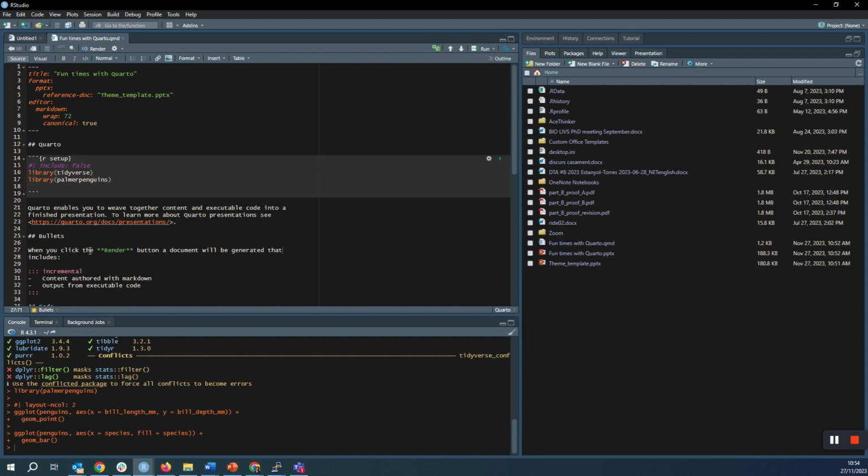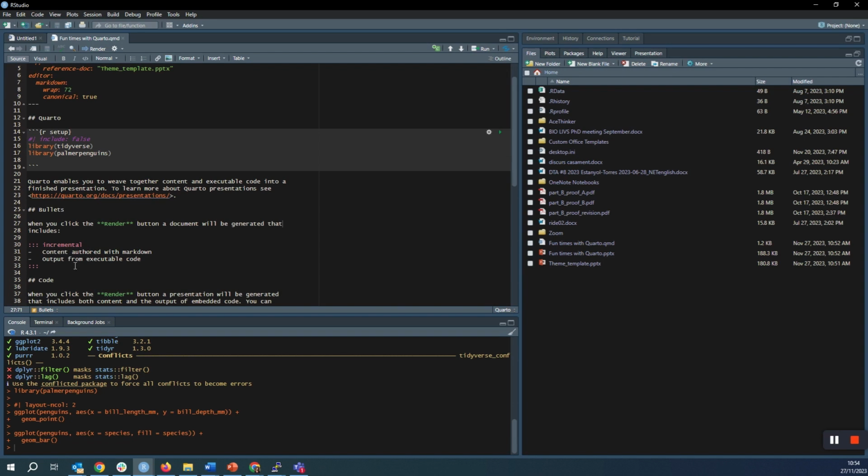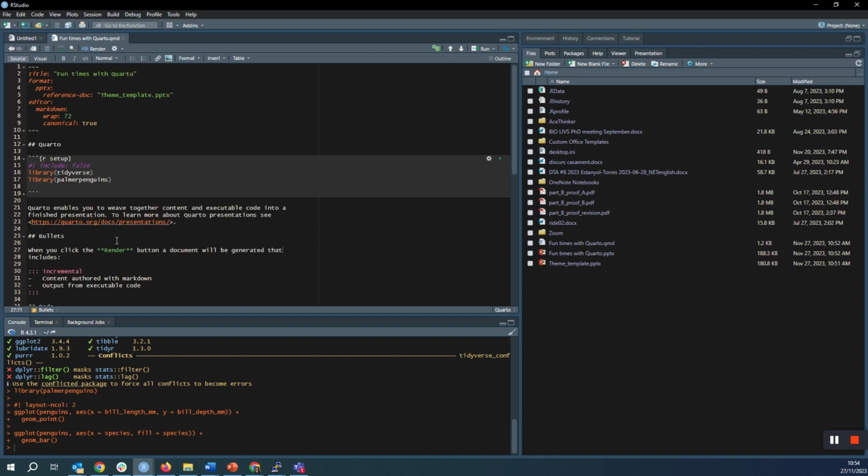So that's the PowerPoint, and there's not much more I think to cover with that. The really nice thing about using Quarto instead of PowerPoint is that if you ever wanted to switch to something else, like reuse some of the material, you can always change the format to PDF or HTML. If you want to see an example of what reveal.js looks like, go to the format,